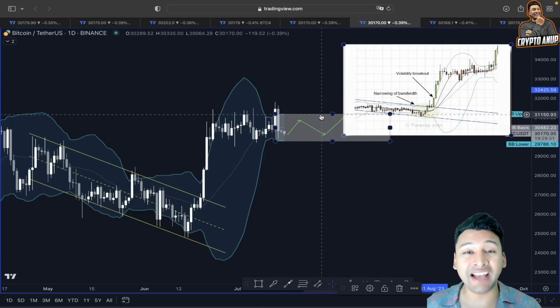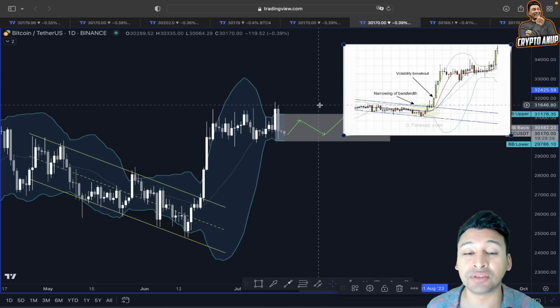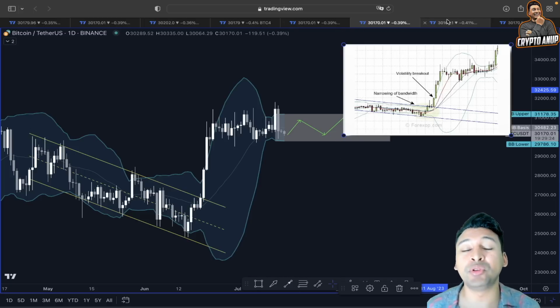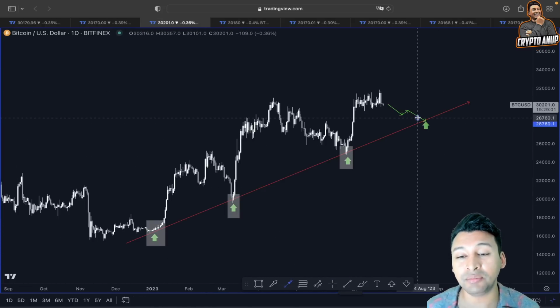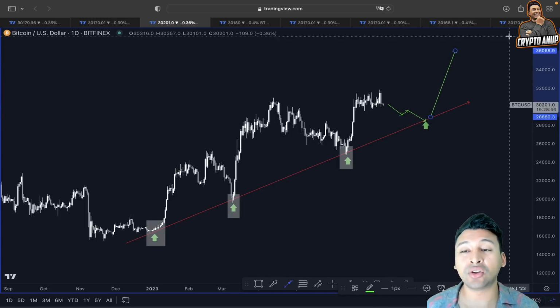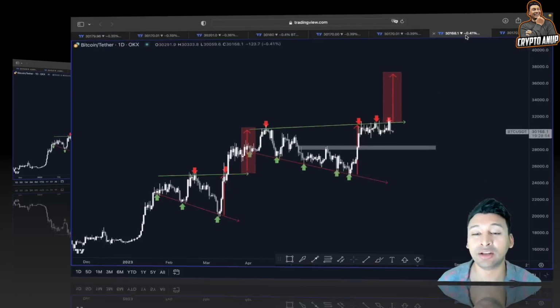So that's why we said as long as the price holds this 28,000 support range, let's not panic. Let's look at this as a temporary pullback, even if that is going to happen, and price after that would still follow this higher highs, higher lows continuation pattern type of formation. Yes guys, the price of Bitcoin, if it's going to hold this 28,000 support line, is expected to show another continuation forming higher highs, higher lows pattern.